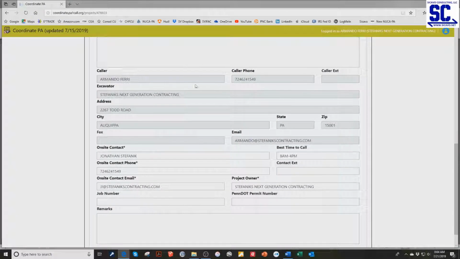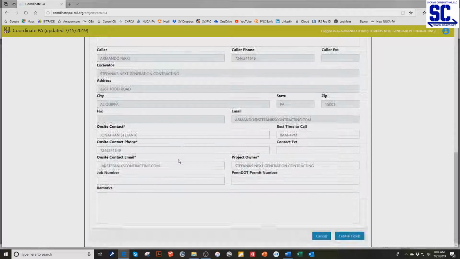You'll enter in your caller information, excavator information, your on-site contacts, best times to call, email addresses, job numbers, PennDOT permit numbers, and any additional remarks. When you're finished, you can click Create Ticket. Notifications will be sent out